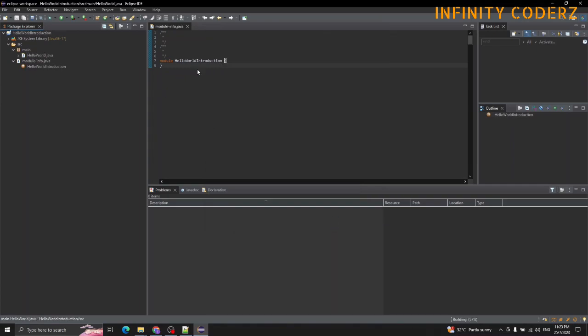After I've clicked Finish, you can see that it has generated the main for me, which is my main module. The package name is basically the hierarchy from your module. Since this is my first module, it becomes main. If you create another module under the main, it becomes main dot the new module name. With that, I have already created a new Hello World class. Let's look into how to write our Java code.